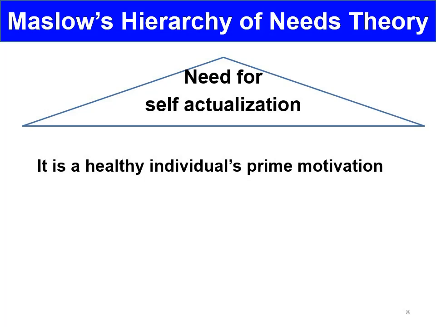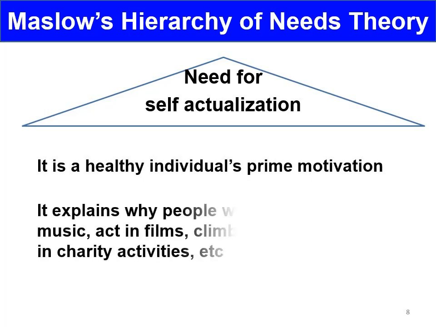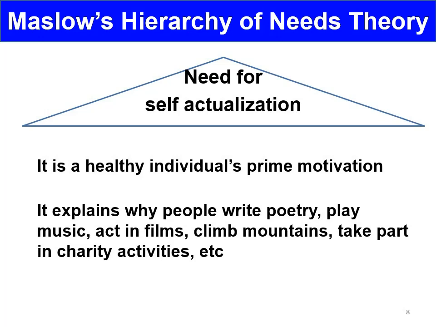So we can see that an individual eventually looks for something very unique, which they think will be the ultimate aim for them. For example, some people really enjoy music, the arts, climbing mountains, or doing charity, not because of the money, but because this is what they are looking for at the end of their life, right?